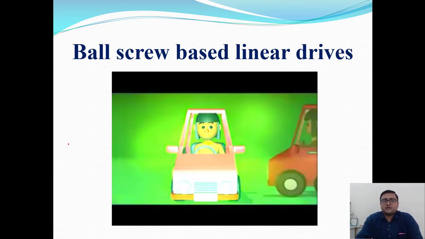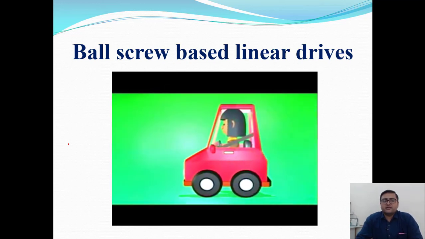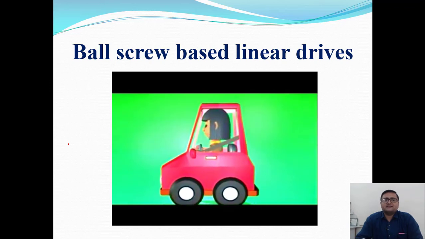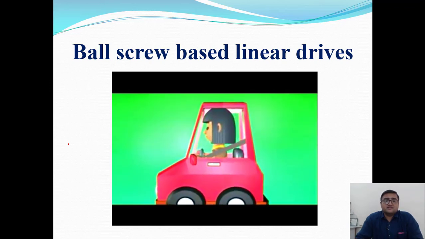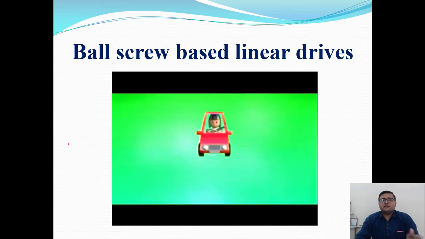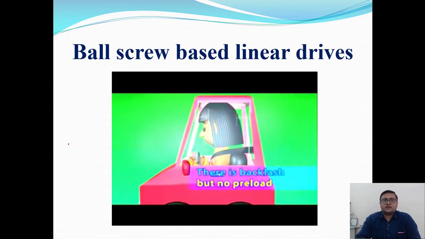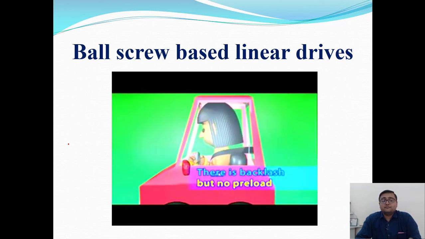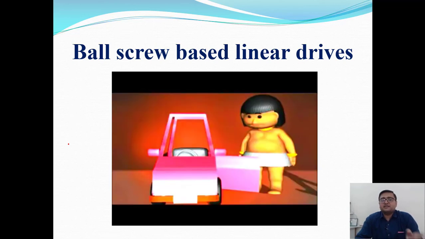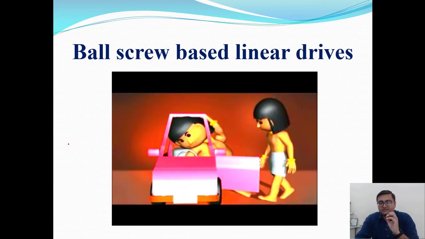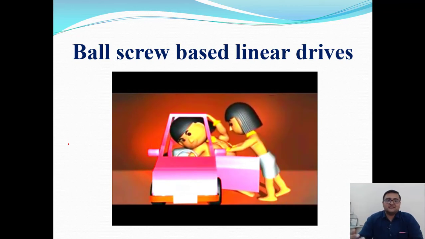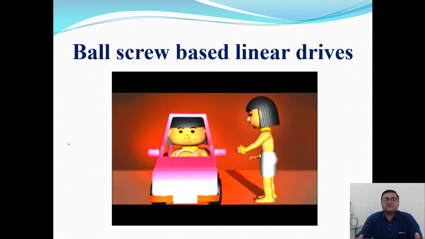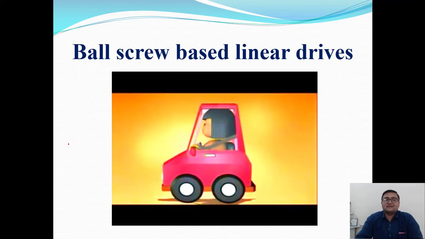See, there is one car and one person is moving in it, but the person has less thickness than the available space in the car. So what will happen? He will face some jerk inside the car. So due to the jerk, the person is not feeling comfortable. But instead of the thin person, if some person like me, a fatty person, is inserted inside the car,